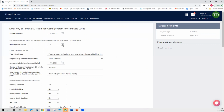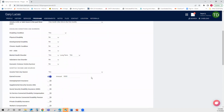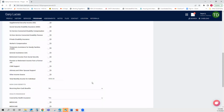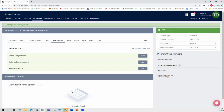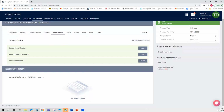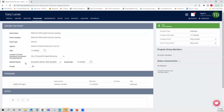It was a scattered site that we had available. So we're going to move him in as well. His prior living situation was a place not meant for human habitation. If there is anything to update, any increase in income, anything that needs to be updated, you definitely go ahead and do that there, and save and close. So Gary is now enrolled in our rapid rehousing project, and we, as case managers, would go back in to our